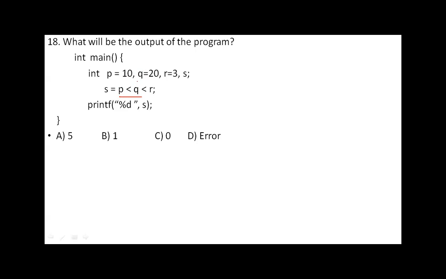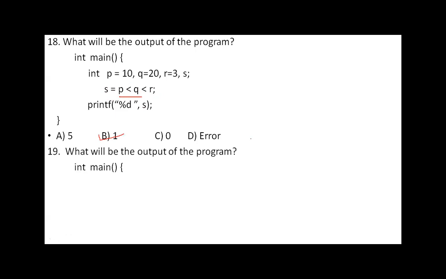So then this 1 is less than r. So what is r value? 3. So 1 less than 3, yes, again true. That means this entire expression evaluates to true, and that will be assigned to yes, which is nothing but true is assigned as the value 1. So yes contains the value 1, and when you print yes, 1 will be printed on the screen. Option B is the correct one. Okay, Sagar said correct.